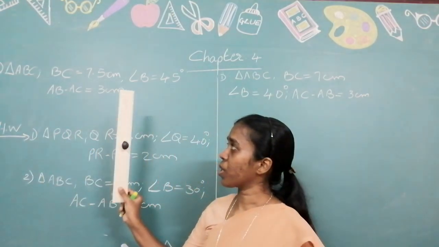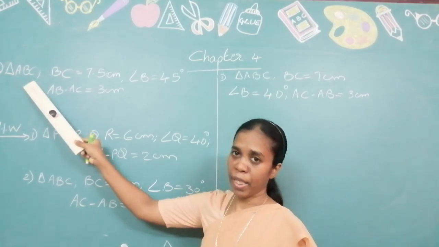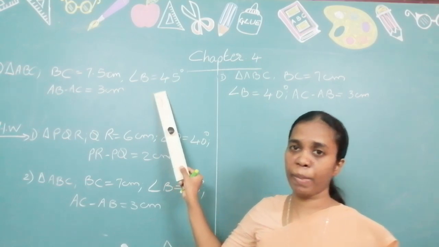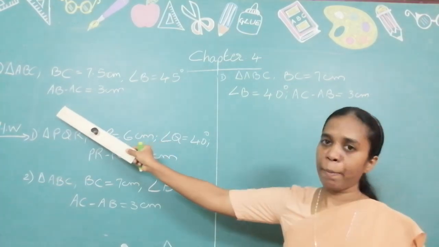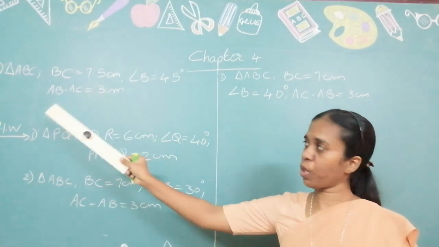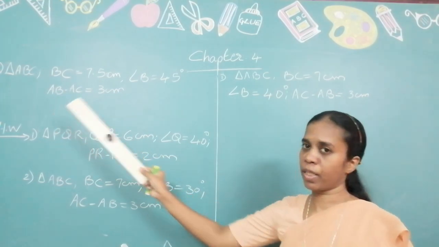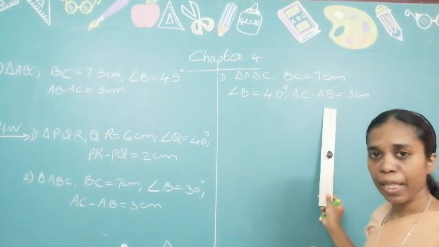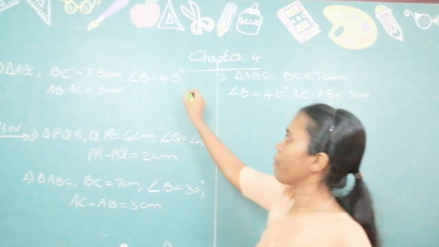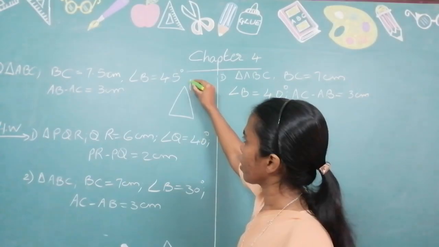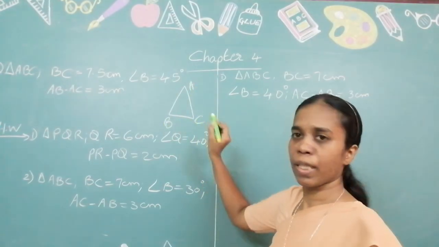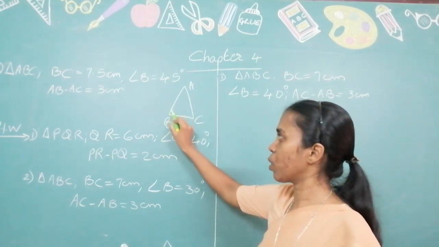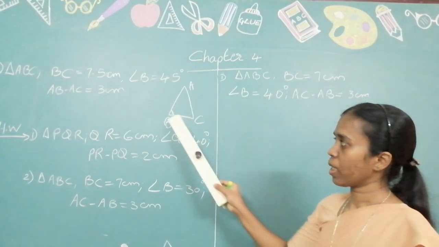Look at a previous question. We are given angle A, triangle ABC, BC base, angle B, one of the base angle, AB minus AC. So which were bigger? AB was bigger. Now what is given to us? AC minus AB. Okay. So whenever you have a triangle, this will be a triangle ABC. Okay. Base is given to us, one of the base angles. So this is given to you. This base angle is given to you.